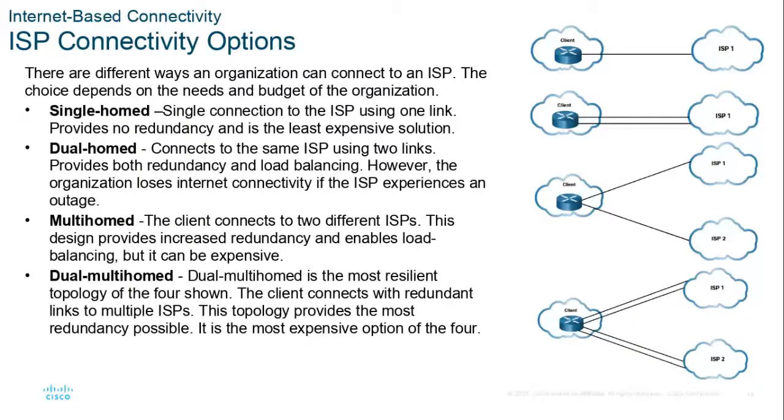Okay, so single home connection, just one connection, like at the top of the graphic. Dual home connection, in the residential world, I'm probably not going to do this. And so far as I'm concerned, that number 2 option is silly, because if AT&T goes down, both your connections to AT&T are going down. Let's look at the third option.